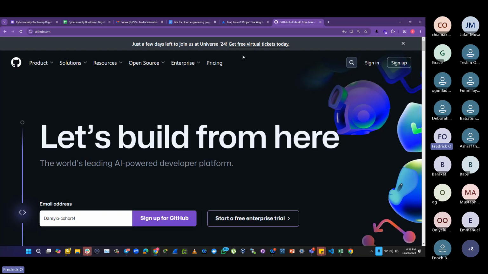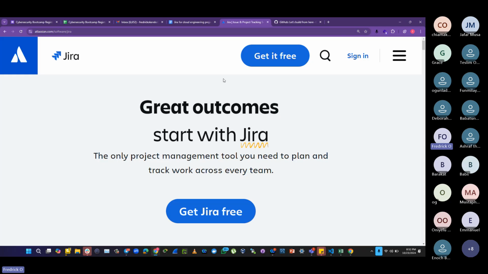Now, even if we send this email to everybody and everybody joins, I'm sure in one way or the other, even if we have two active people amongst every other person, you'll be able to lead other people. That's the interesting thing. But again, I will leave that to the team leads' discretion. You understand? So once you sign up to a GitHub account and you have a Jira account, right?